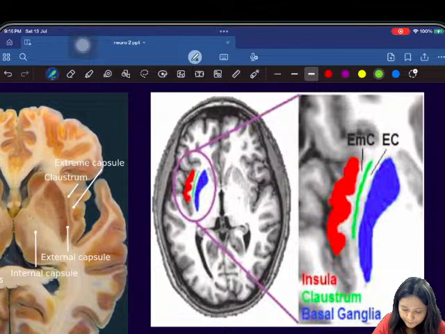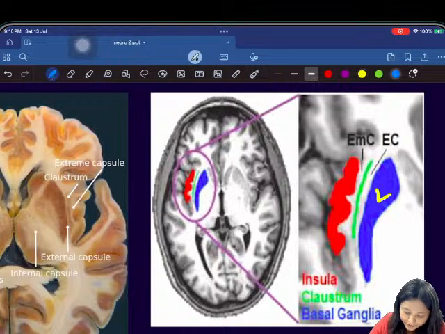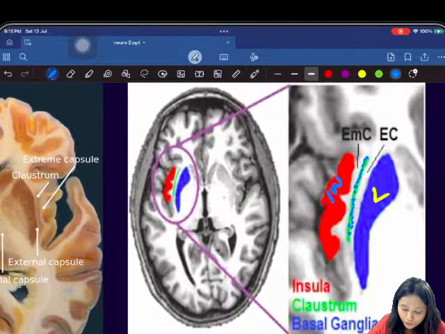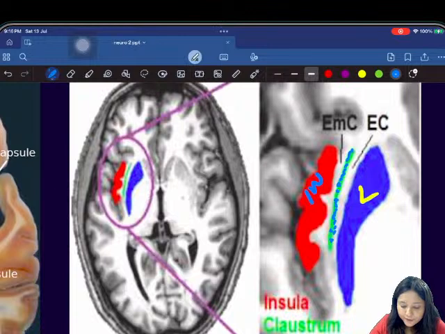see this blue color is a lentiform nucleus, it is a part of basal ganglia, okay. Again there is a gray matter, and that gray matter, this one, this is a claustrum, okay, that is also gray matter, okay. After that there is one more gray matter, we will call it the insula, okay. So we have got 3 gray matter, and between the 3 gray matter there are 2 white matter. So the internal capsule is right inside, outside between the claustrum